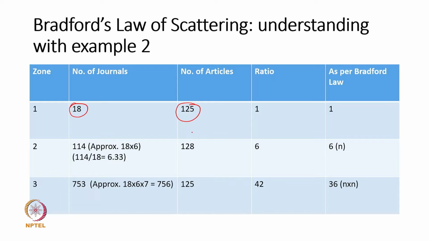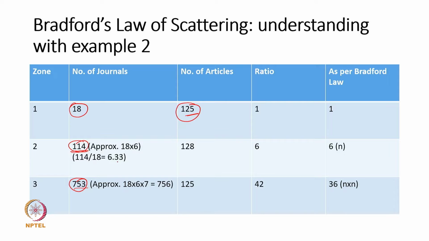To get approximately the same number of articles as 125, we found that it is contained in 114 journals, and again approximately the same number of articles we found is contained in 753 journals. If you see the ideal relation, like in the case of 114 journals,